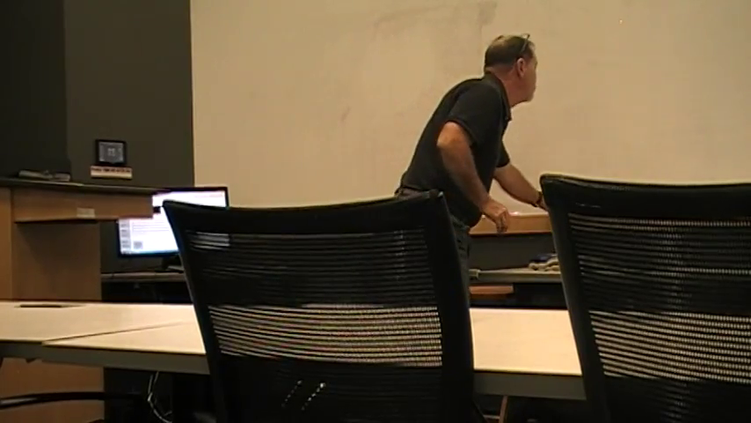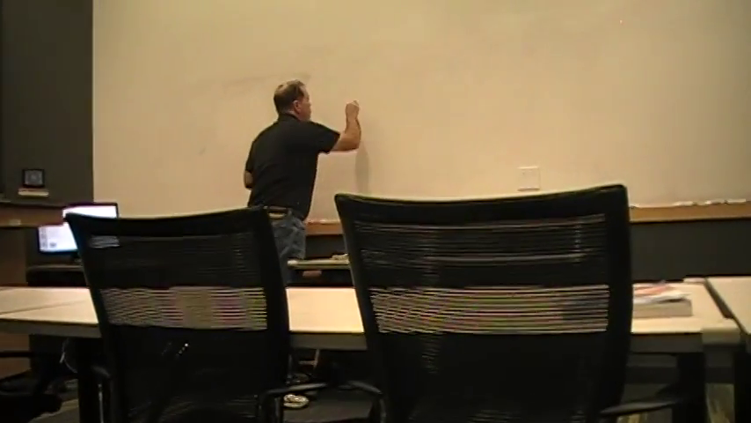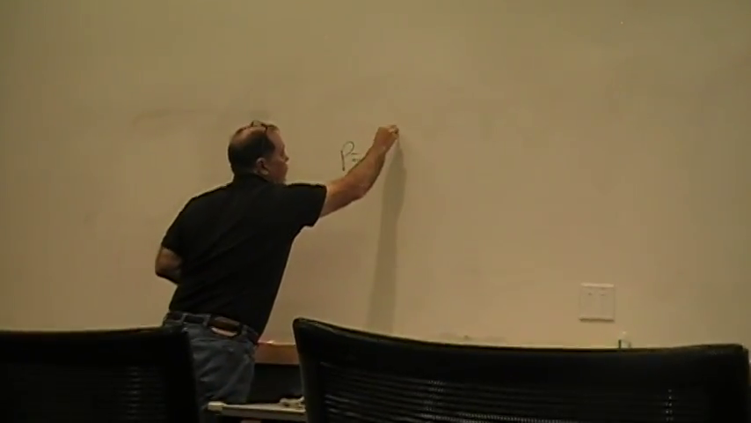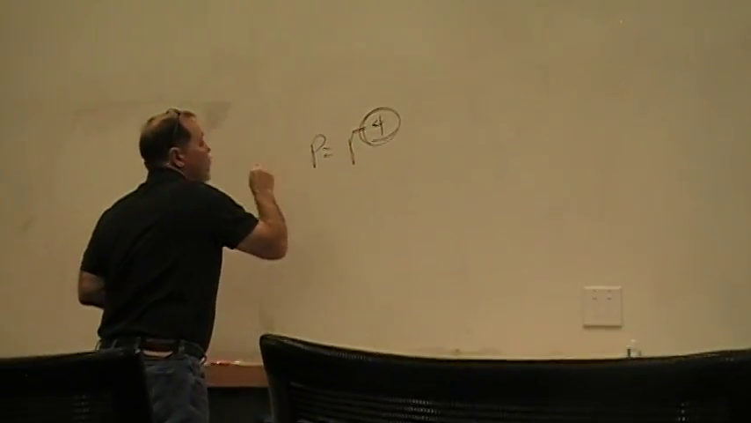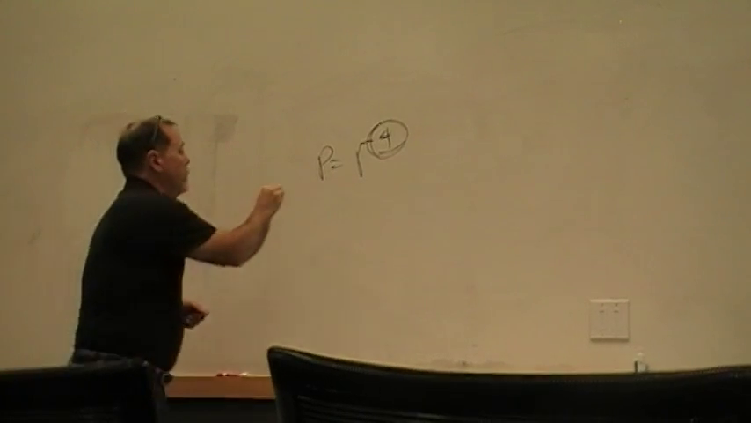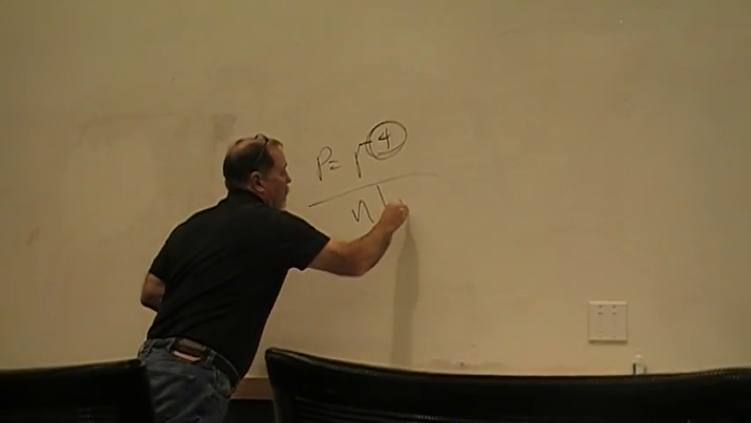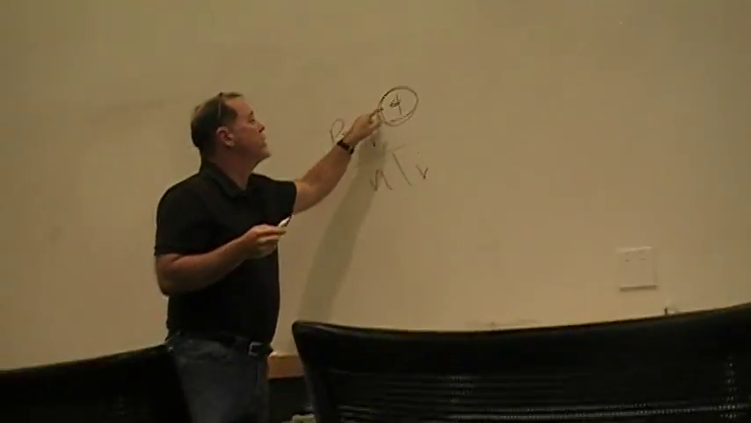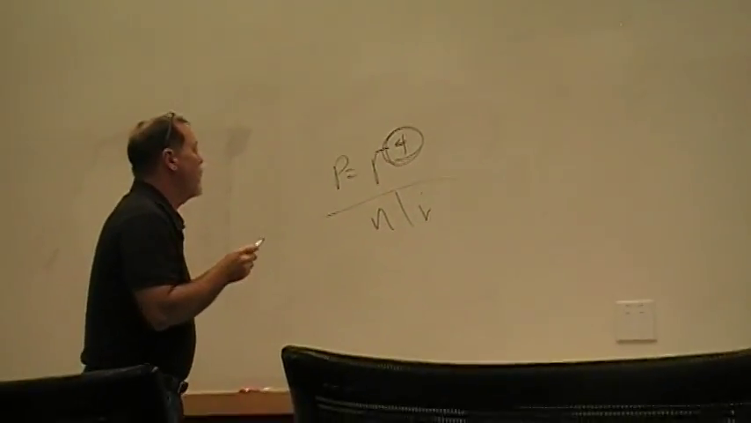Let's see. Oh, this one talks about Poiseuille's law. The pressure in the airway equals the radius to the 4th divided by NLV. So the main thing in Poiseuille's law is this thing right here, that when you reduce the radius by